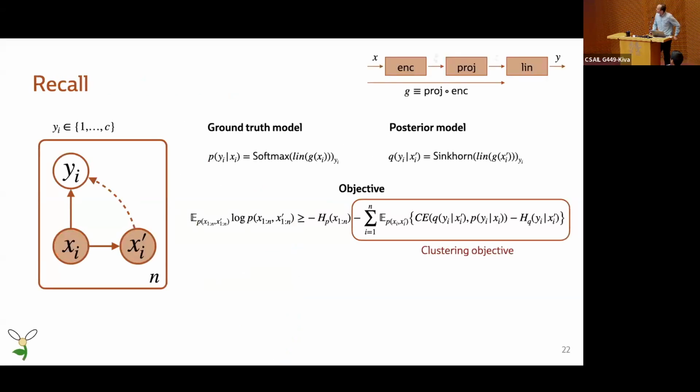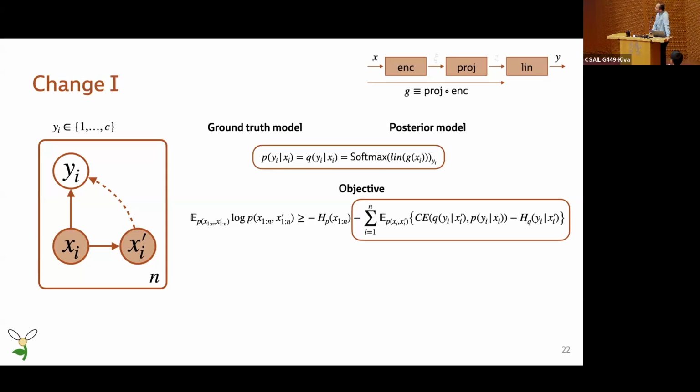So now let's recall the clustering framework. This is the lower bound that we mentioned before. Above, we have a classifier, and in the other branch, the other network that uses the clustering layer. We mentioned that we want a single model, and so the first thing that we do is use a single classifier. Now if we try to learn this classifier using this loss function, you will figure out that there are some trivial solutions.